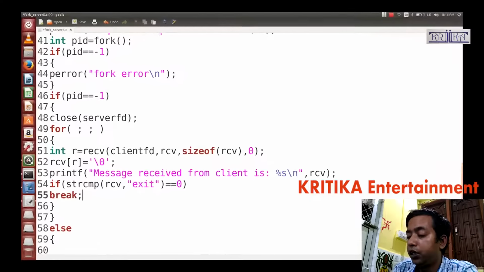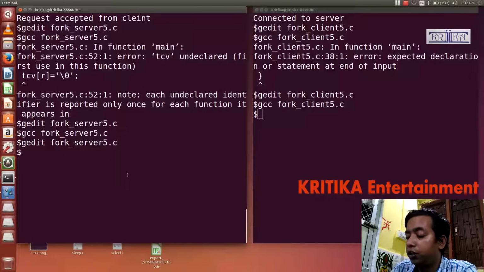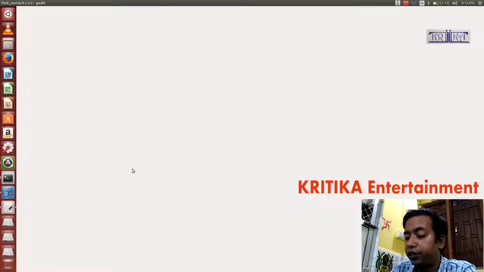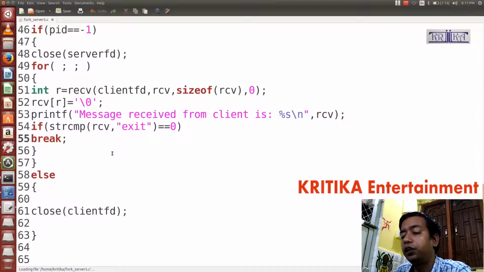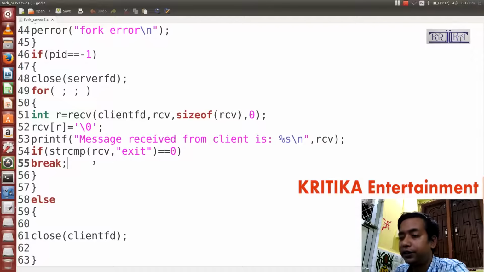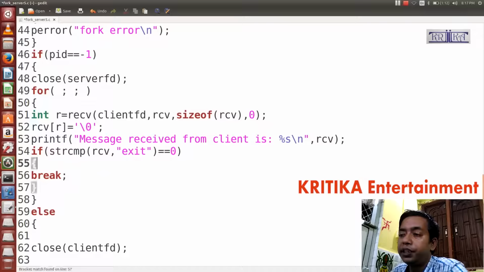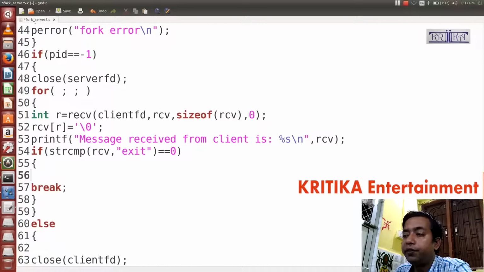Okay, it will successfully terminate the client. Before that, the client should print the message of which client is disconnected. Here we write the message: enter %s is disconnected